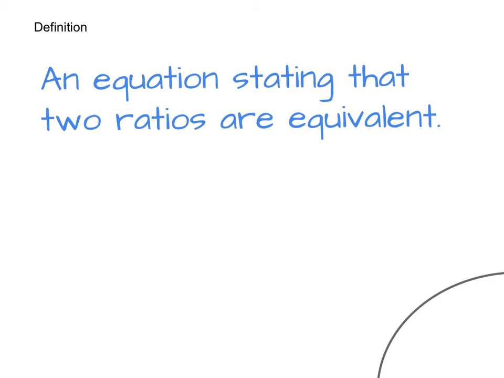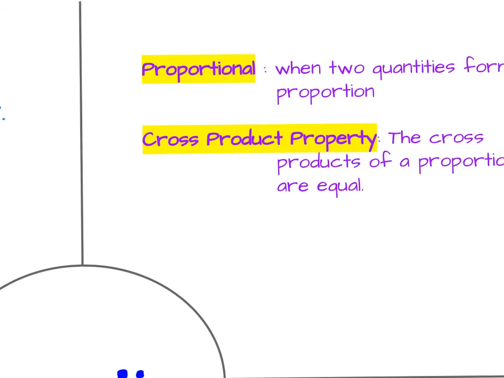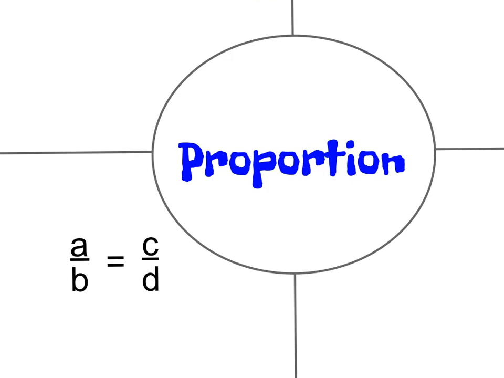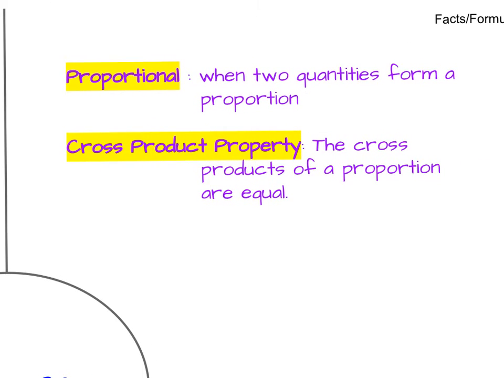What are we talking about when we're talking about an equation stating the two ratios are equivalent? Let me think. Well, let's see. I know it's going to be proportional. That's when two quantities form a proportion. Wait a minute. Is this video on proportion? Why, yes it is. And keep in mind, proportional is when two quantities form a proportion, and we're going to